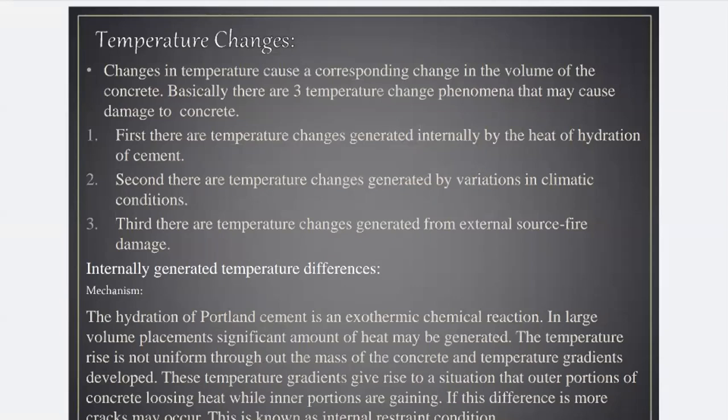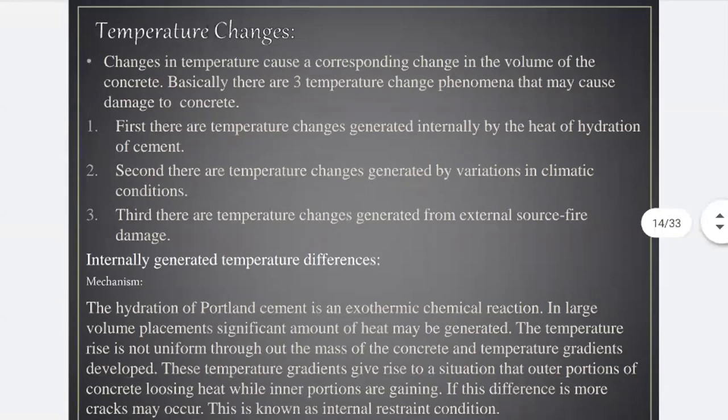It may cause any type of fire damage, but as soon as you are dealing with your construction technique, you should consider these three types of temperature changes. Why? Because we don't know which building will catch fire or not, right? So you should take preventive measures before construction, according to temperature changes to the structure. So this should not happen.